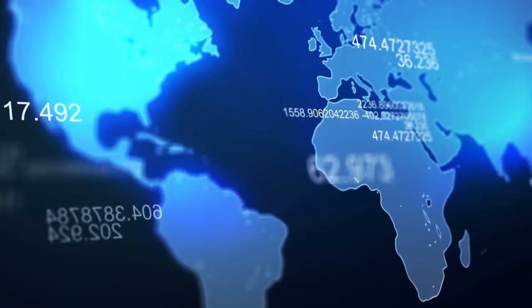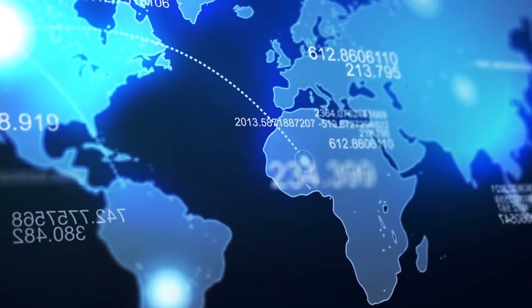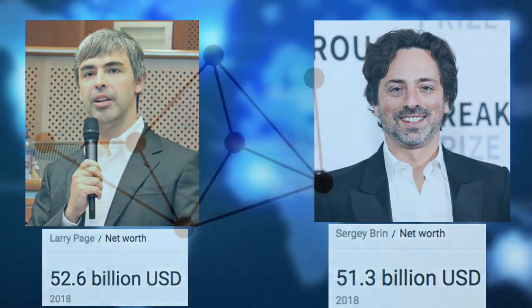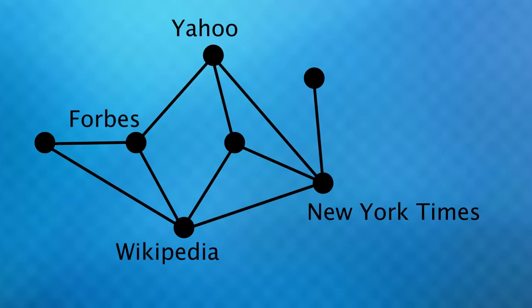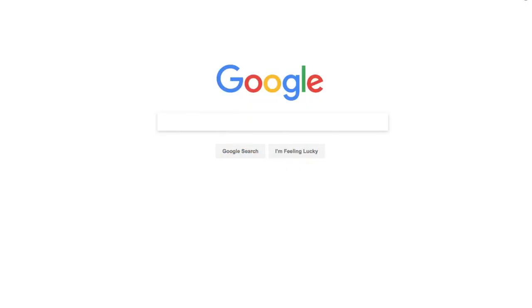To end this subfield and emphasize how powerful graph theory can be, it has made 2 computer science graduates, Larry Page and Sergey Brin, billions of dollars. In the 90s, they used graph theory in such a way that nodes represented websites on the internet, and if one website linked to another, that would be represented by an edge. The more links going to a website, the better that web page would be considered. This algorithm to rank web pages became the backbone of what is now Google.